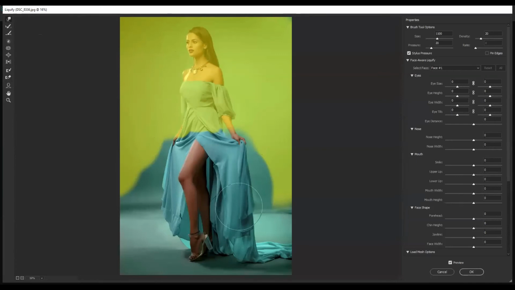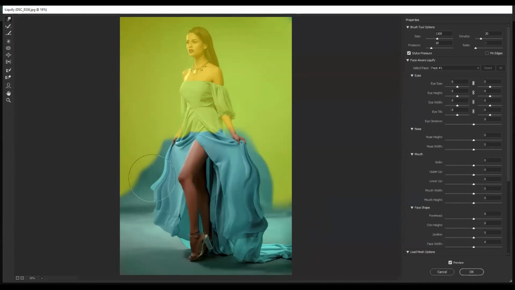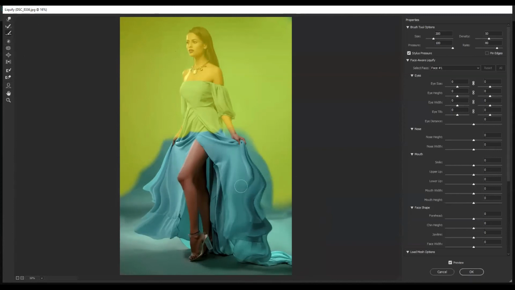It has masked out. Only the areas which are untouched, the liquefy will work. So you can easily mask in liquefy to do the works. Now let's go to the basic smoothing.